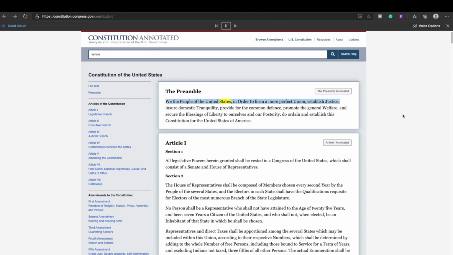Constitution of the United States. The preamble. The preamble annotated. We the people of the United States, in order to form a more perfect union, establish justice, ensure